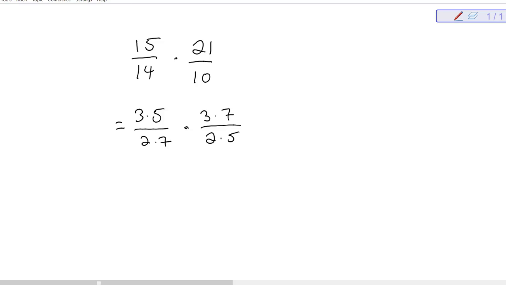And since everything is multiplied, I can simplify numerator to denominator. I'm going to mark out a 5 and a 5, because a 5 divides into 5 one time, and a 7 divides into 7 one time. So what I'm doing is crossing out numerator to denominator. It can be diagonally or straight up and down, as long as it is a numerator